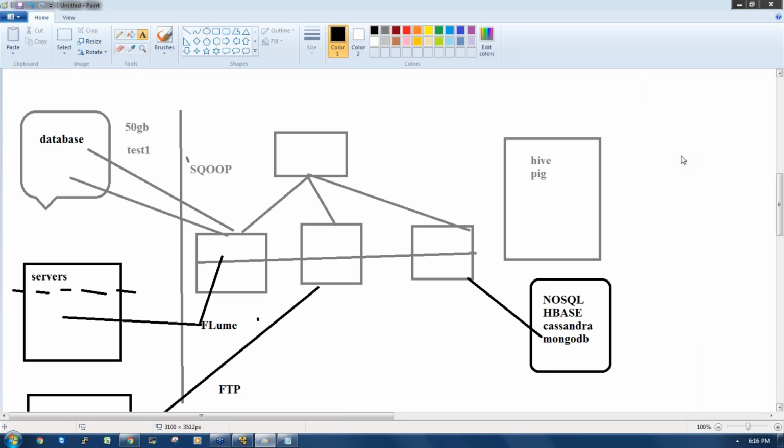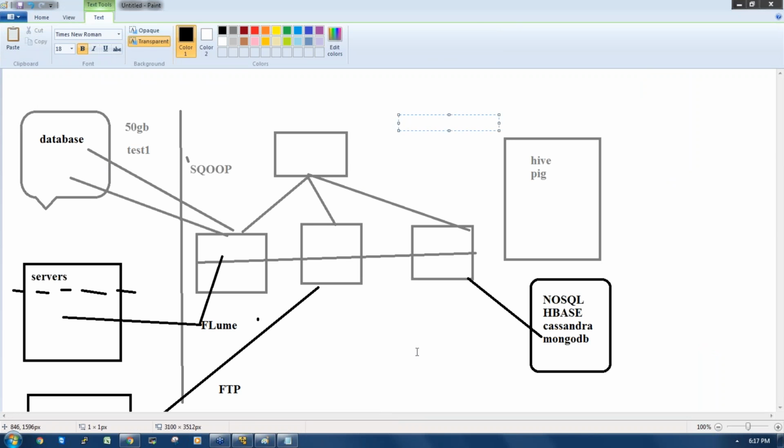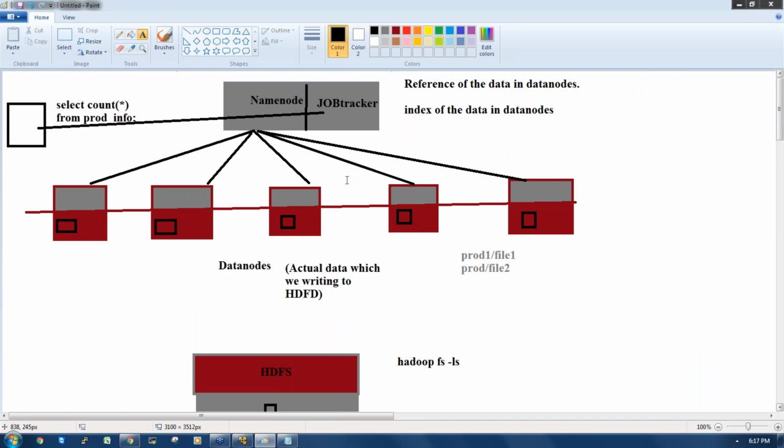So the submitted job is taken by the job tracker. This job tracker will take the request from the client. So here, why are Hadoop jobs faster? Now, if you see here, I'm writing the data to the Hadoop cluster, right? I have multiple data nodes, and the input data. See here, this is data node 1, data node 2, data node 3, data node 4, data node 5. In each data node, we have an HDFS file system. So the input data resides in the HDFS file system, correct?